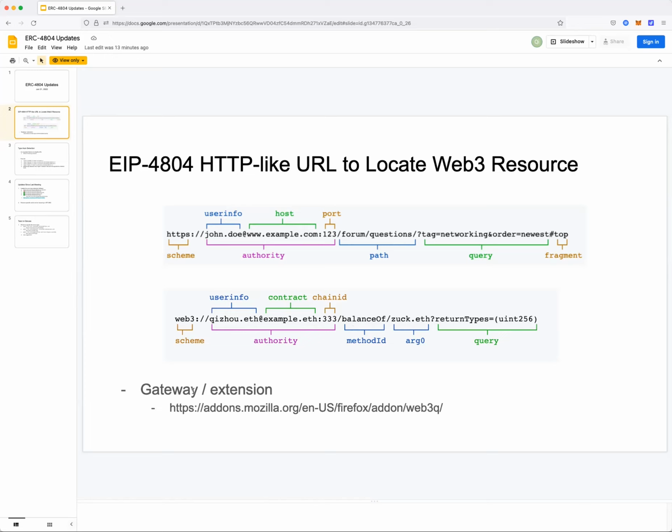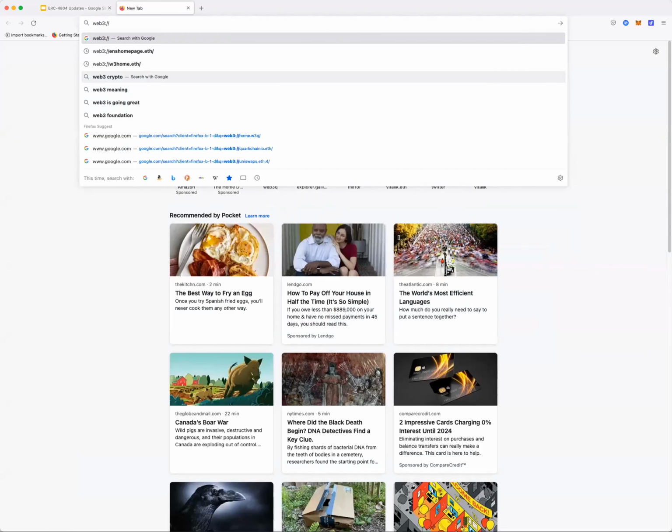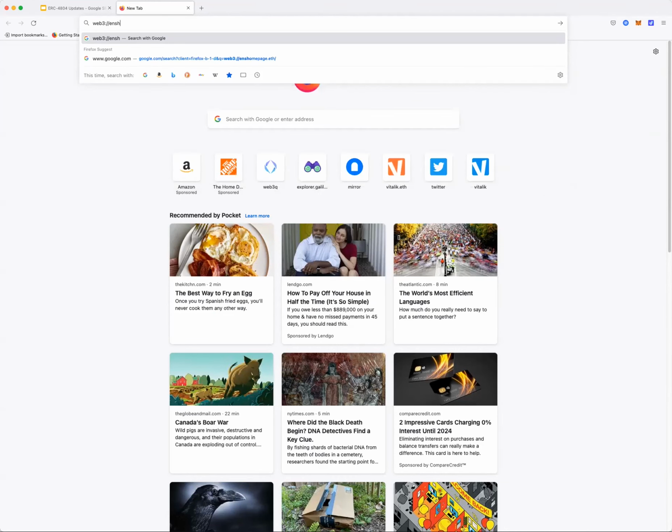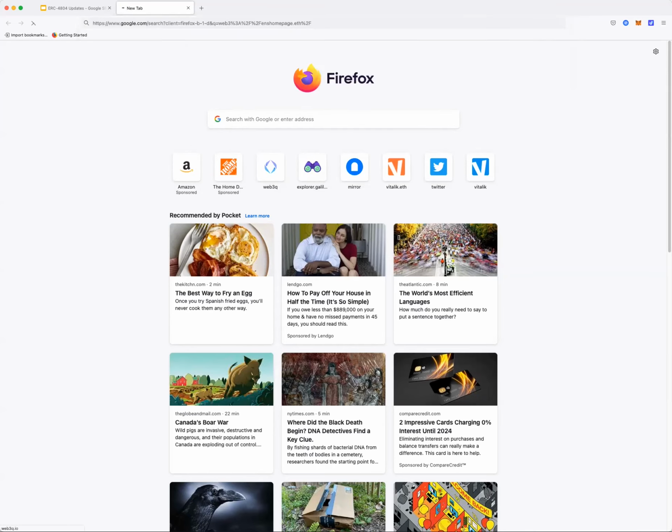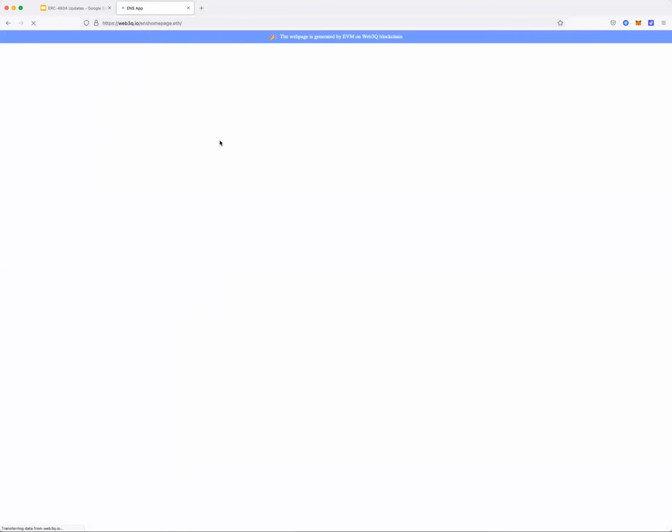We already have a gateway extension that supports this. You can take a look: right now I have a Firefox browser where I can put in the ENS homepage.eth, which is the homepage of the ENS.